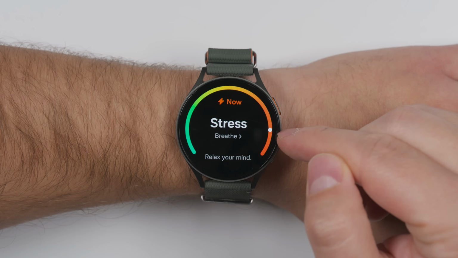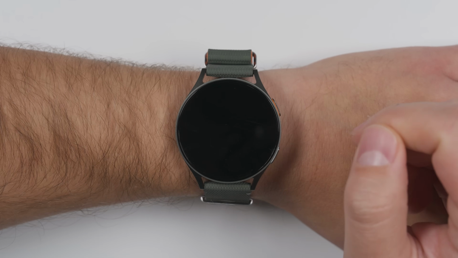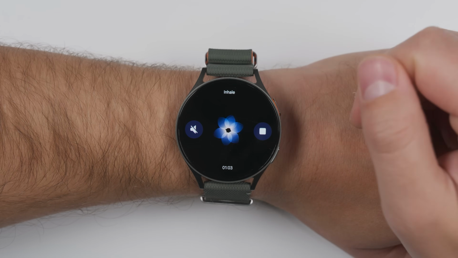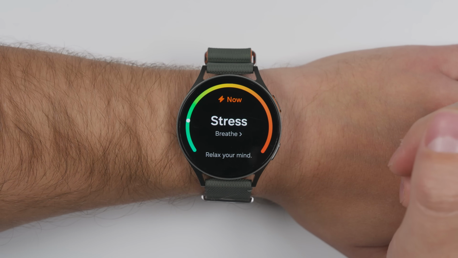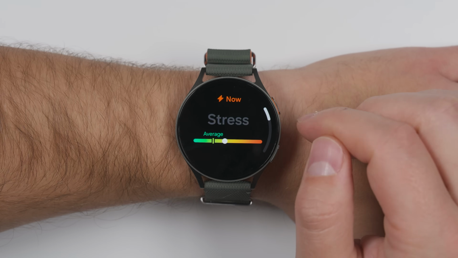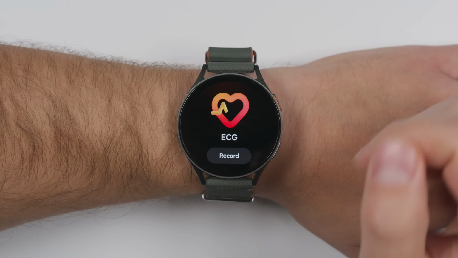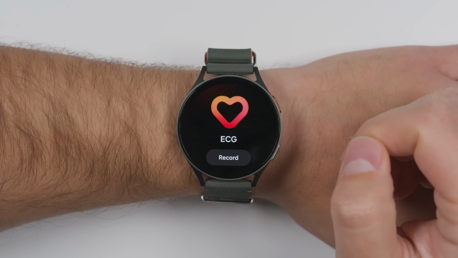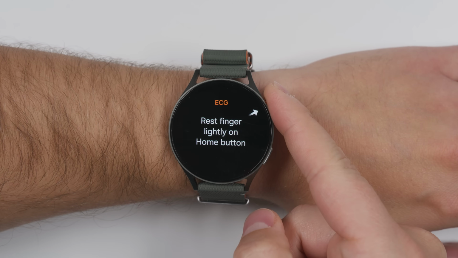It shows how stressed you currently are, and if you're feeling super stressed, you can tap the breathe text, then start one of the breathing exercises. And once again, you can see that the breathing exercises do work pretty well. And if you tap the stress text, it'll take you into the stress section of the Samsung Health application. The next tile is the ECG tile. This just lets you take a quick ECG recording by tapping record, tapping OK, and resting your finger on the